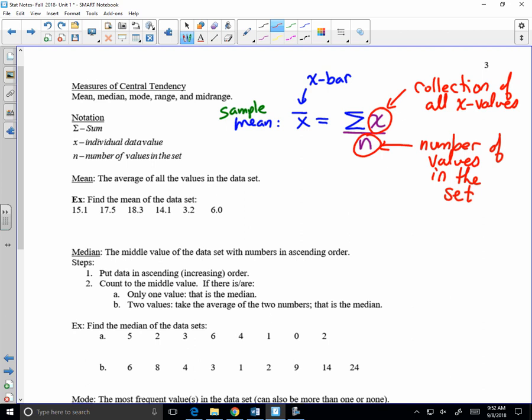And that might seem like notation for the sake of notation. Because it's like, wait, all I'm doing is adding up all the values in a set and dividing by how many there are. Then why do I have to write that? I'm not saying you have to write that. I'm saying you need to know what that means because sometimes you'll be looking through a textbook, a worksheet, online resource, and you'll see that. And I don't want you to look at that and say, what the hell is this? This is something new and abstract, and we never learned this. Well, you did intuitively and now explicitly. All right, but practically speaking, it just means